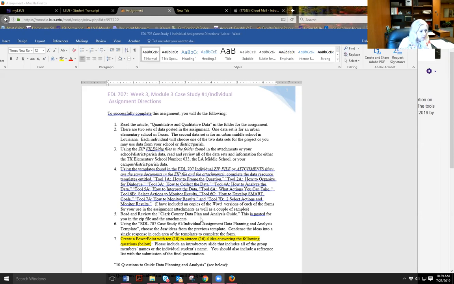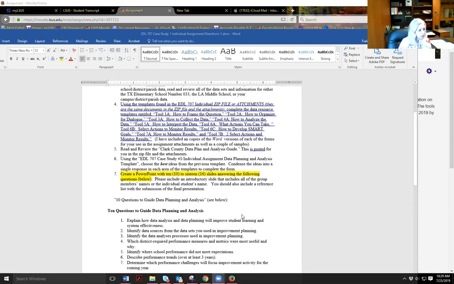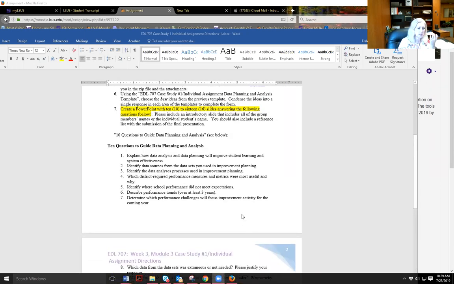So, reading review, as we've talked about, the data plan from Clark County, as well as other attachments. Then you're going to use the template as well as complete it and complete the PowerPoint. And you can see those directions. When you're doing the PowerPoint, I've given you 10 guiding questions, which should be pretty self-explanatory. So just tell me, and again, remember, give me specific examples, justify your response in part of that 10 to